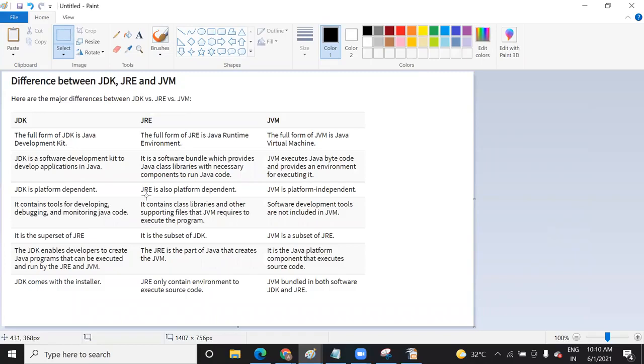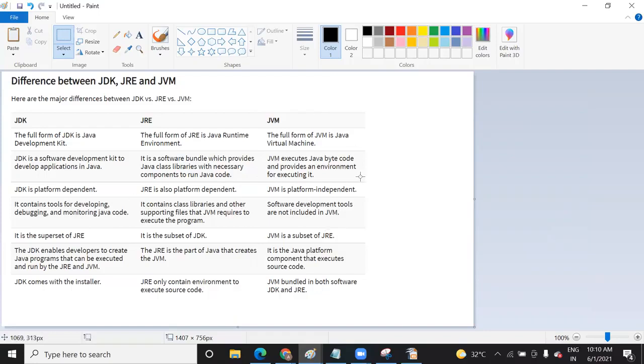This is platform dependent. But JVM, as I said, is platform independent. When you download JDK and JRE, JVM also comes under this, and this JVM component is responsible for interpreting your code. So it is not based on your system, it is based on interpreting the code.